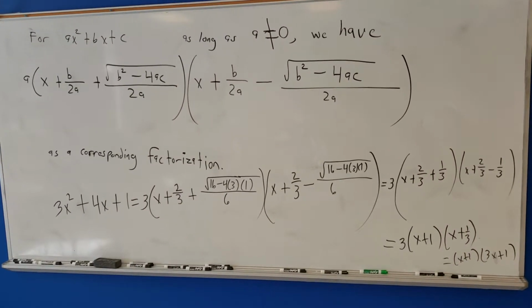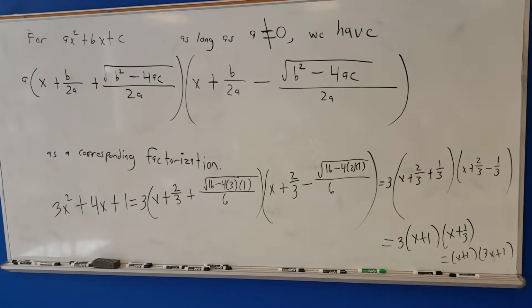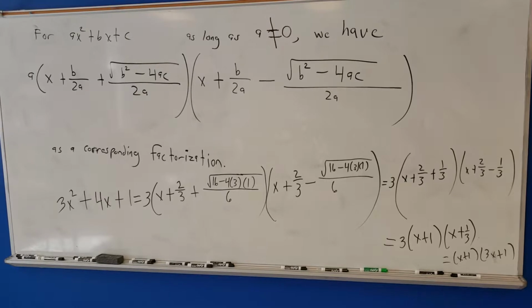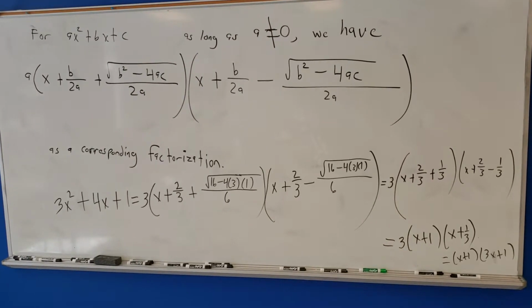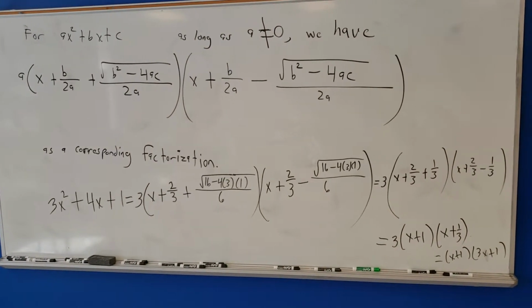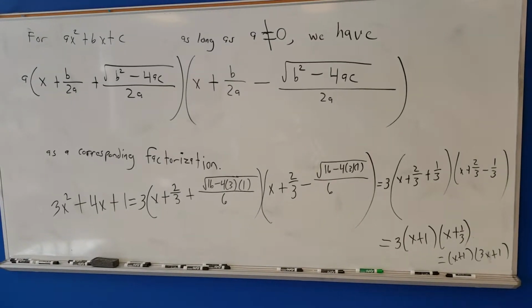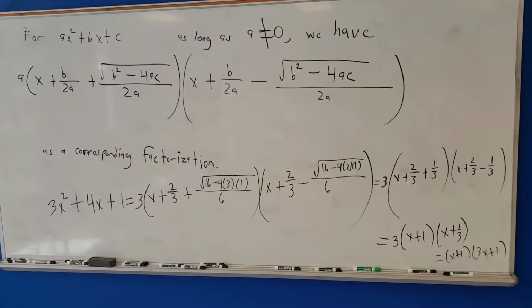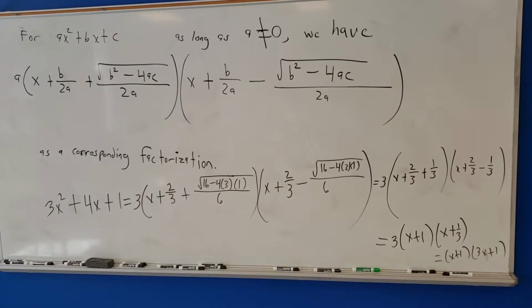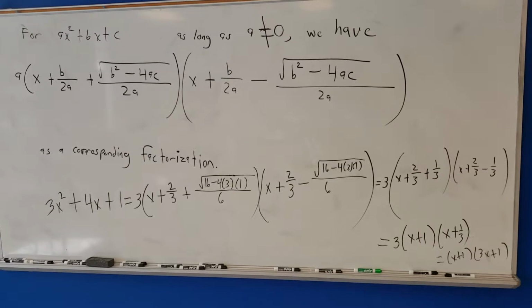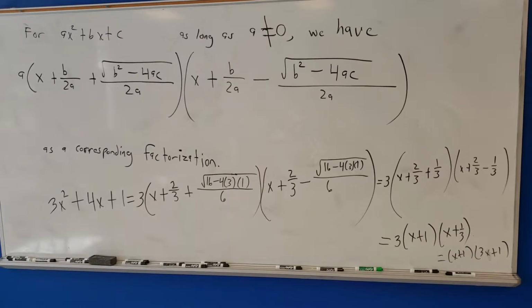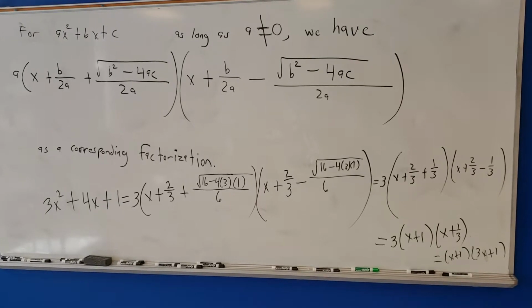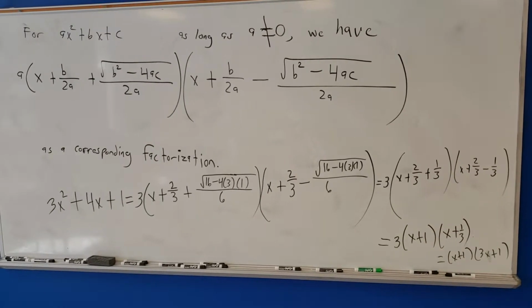have what I have below here. You have, and I'll read off, for ax squared plus bx plus c, as long as a is not 0, we don't want to divide by 0 after all. Moving on, we have a, next line, a, and then parentheses, x plus b over a, and then plus the square root of the entity b squared minus 4ac, and then we close that off and divide by 2